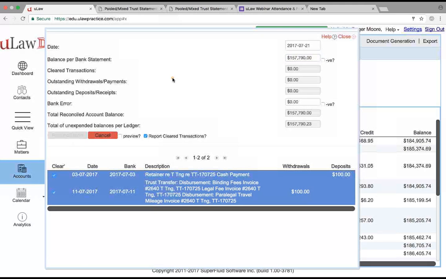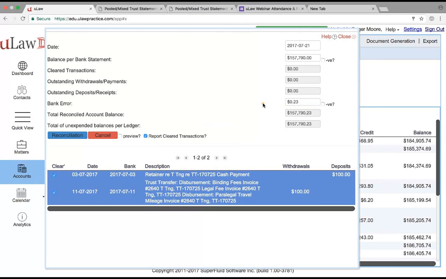I will not get the reconciliation button because there's a 23-cent issue. So now you're going to go and see why there is a 23-cent issue. Probably because the bank made a mistake and will capture that as an error. Now you're going to pick up the phone and call the bank and say, hey, why did you over-withdraw this 23 cents